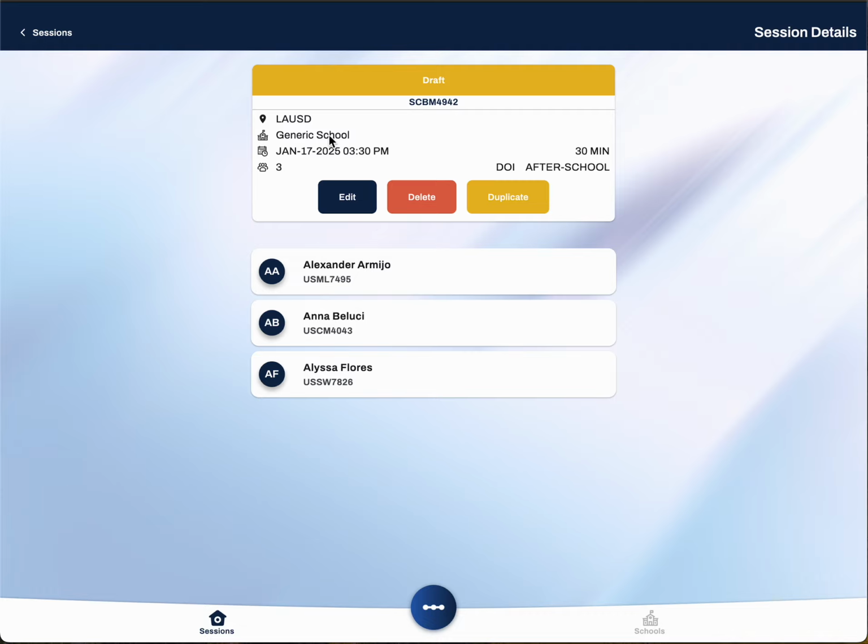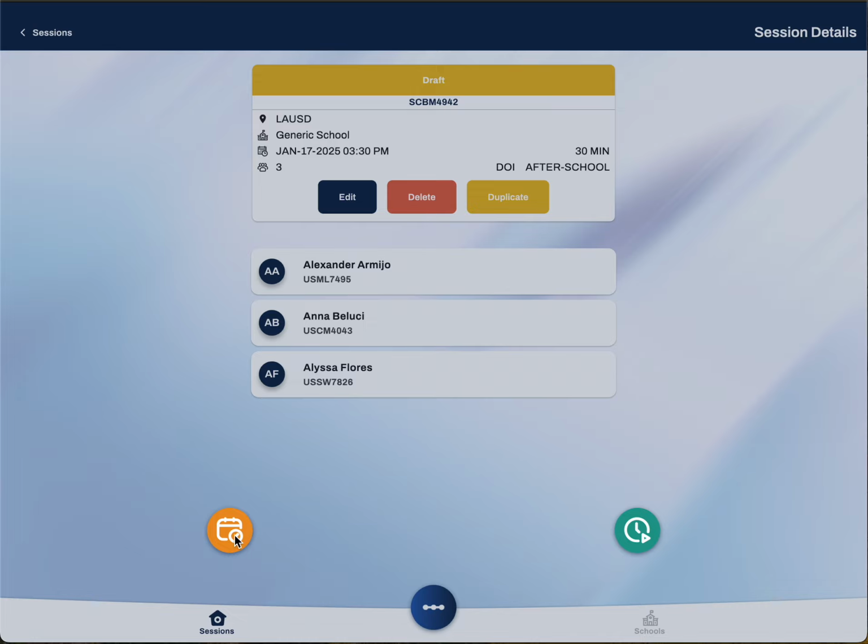We have the school name, the date and the time, the duration of the session, the number of students, and the program. We also have the 3 students who attended the session listed here. And if you can see that all of that information is correct, you will click the button at the bottom of the screen,